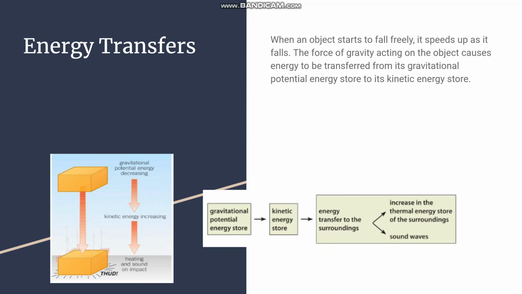When an object starts to fall freely, it speeds up, and as it falls, the force of gravity acting on the object causes energy to be transferred from the gravitational potential energy store to its kinetic energy store. As you can see, there's a diagram here with a block falling, and gravitational potential energy is decreasing when it's falling, and kinetic energy is increasing when it's falling. So the heating and sound impact